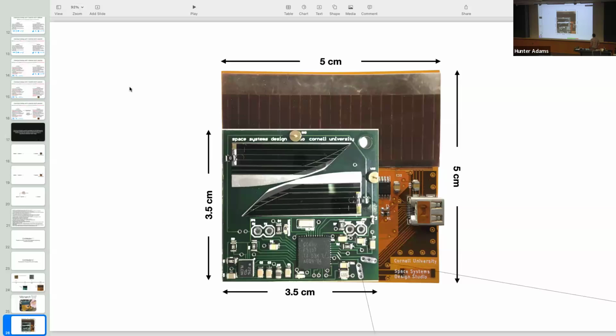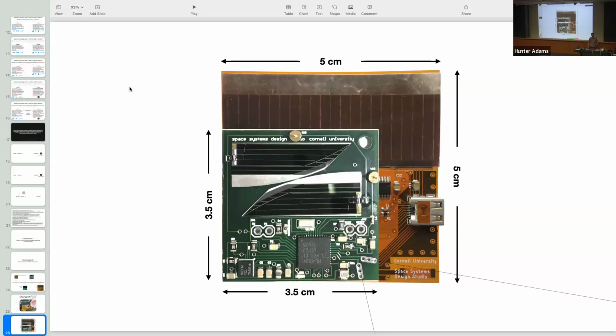So it's different from its predecessors in a few ways. One is that it's actually got a little bit of a bigger surface area. The chipsat before this one was 3.5 by 3.5 centimeters. The Monarch's 5 by 5 centimeters. Which feels a little bit like a step in the wrong direction. Our whole exercise has been trying to make these things smaller and smaller and smaller. And so we made this one actually a little bit bigger, though as I'll explain in a moment, it's actually about 1/4 the mass of the old one because we made it out of a different substrate. This is Kapton, polyamide Kapton, as opposed to FR4.